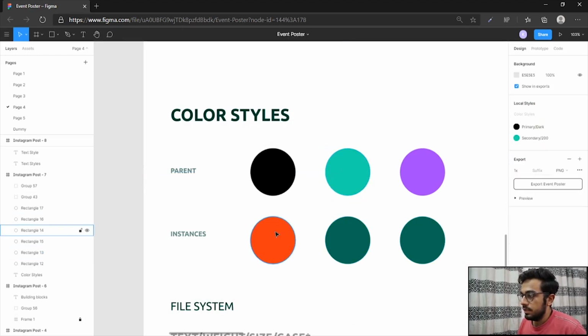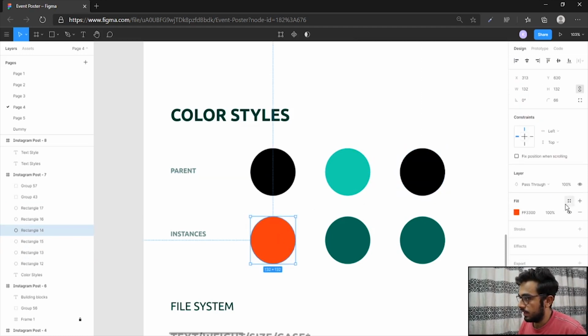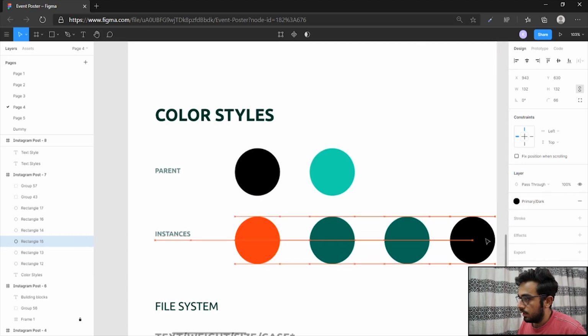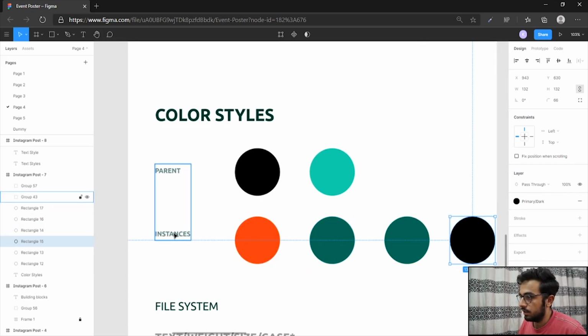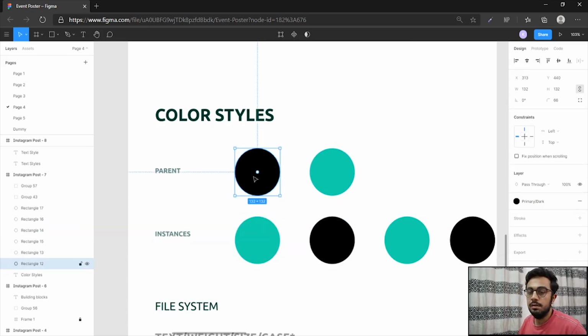So how these color styles work is that if I change this color to my primary color and I change this to my, so let us keep all the parents above and the children below, or these are also called instances of that color. So if I have my primary color here, and I choose the secondary color here, and if I choose primary again here, and I choose my secondary again here. So what you might notice is that if I click on this shape, you might see that the primary slash dark is denoted here. That means that I have chosen it from my palette of predefined colors.